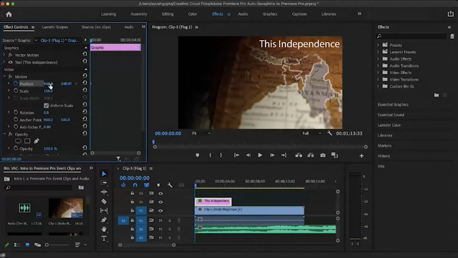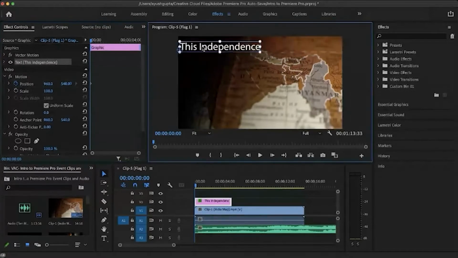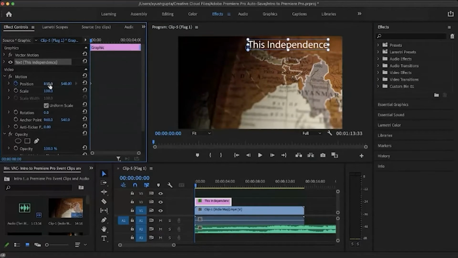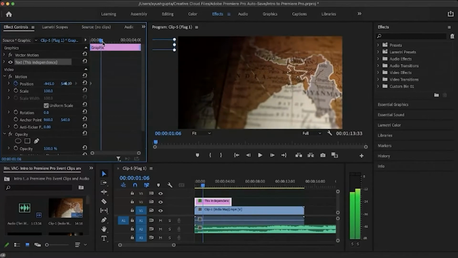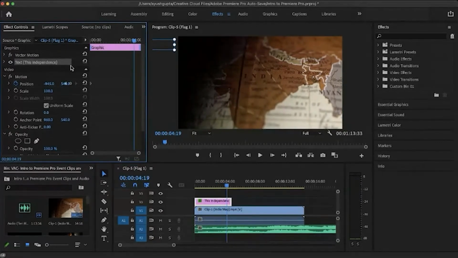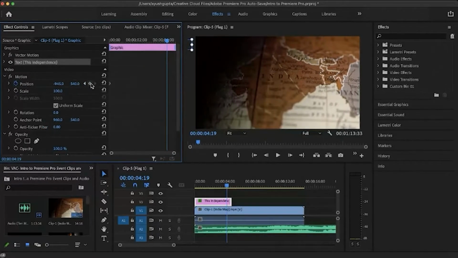So if I want to move this to the left, I'll just change the x coordinate to leftmost, till the text is out of screen. And when I want this text to be completely here, I'll just drag the timestamp to there and click on this small dot you can see.